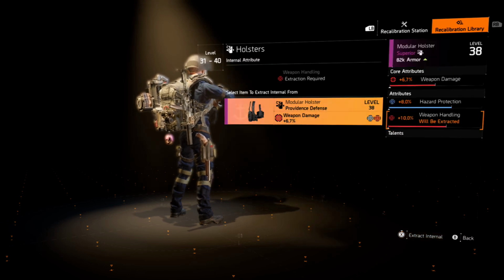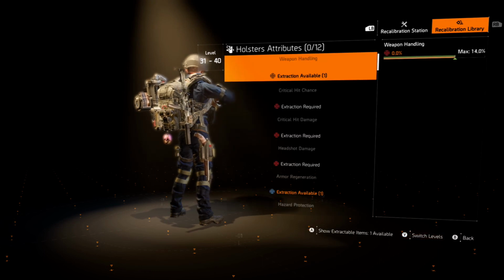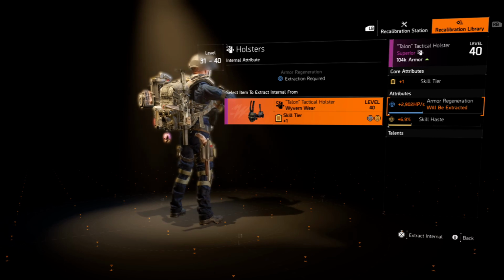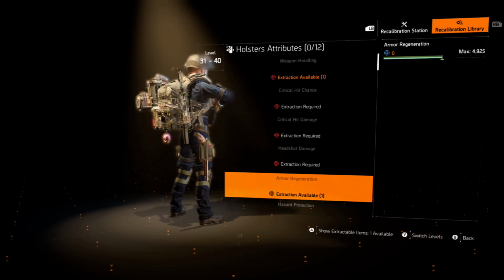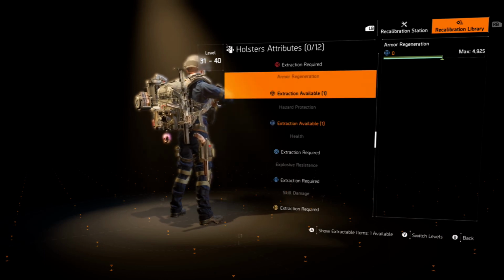So we go to the attributes. We can see here weapon handling. The max is 14%. This is 10%. That's not too bad. And then again, we go to armor regeneration. I have 2902. The max is 4925. You can see, yeah, it's not a great roll at all. And this one,